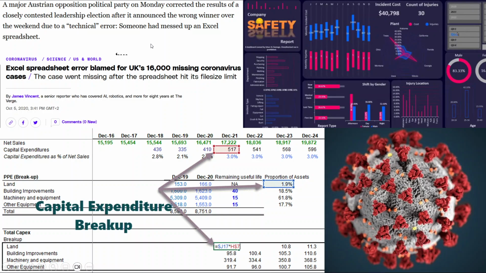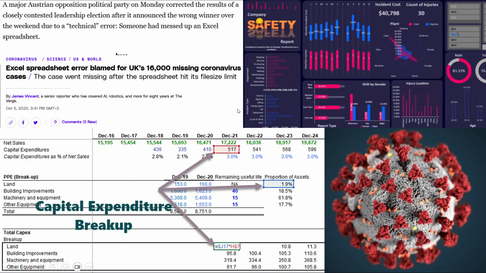So firstly, an Austrian opposition party elected the wrong leader because they messed up with Excel. So Excel is used for elections somehow, not on the state or federal level, but for example at a party level.